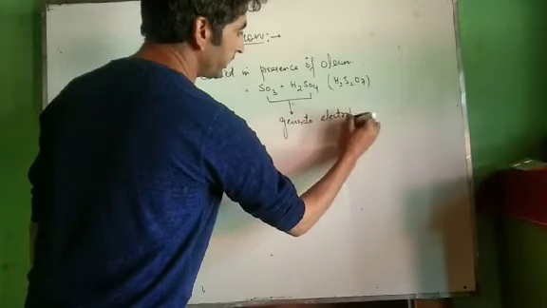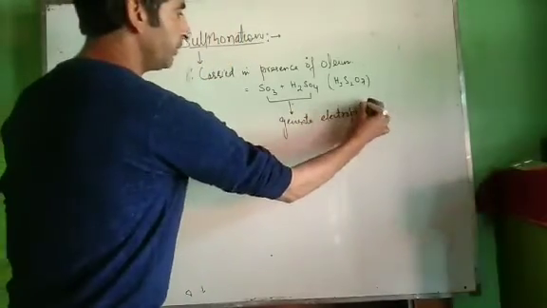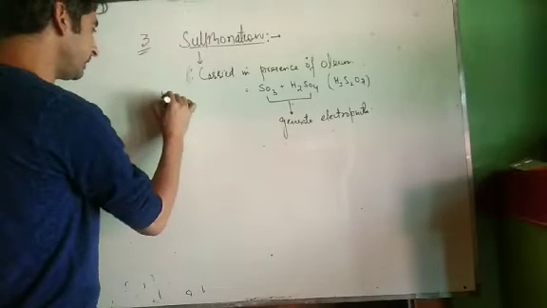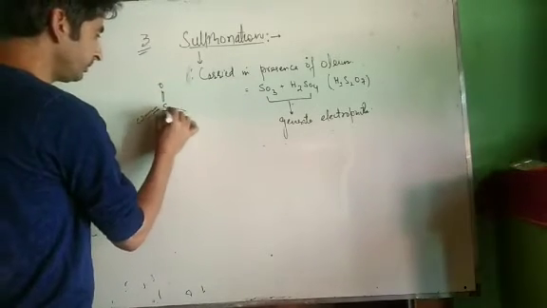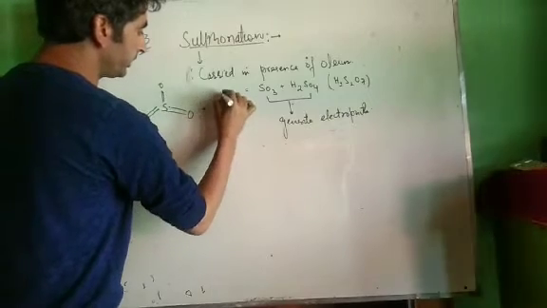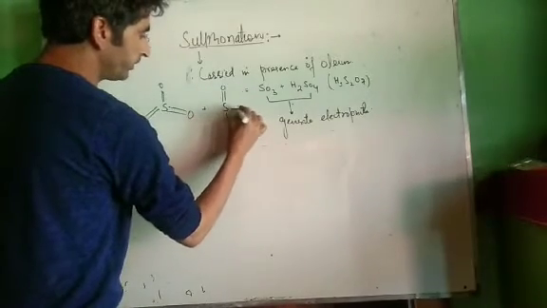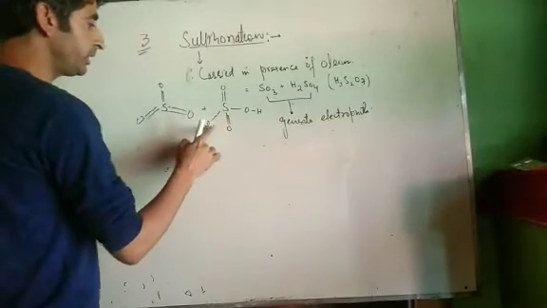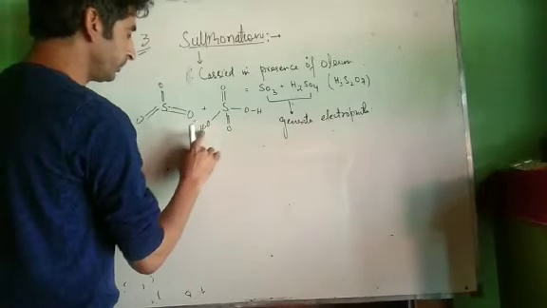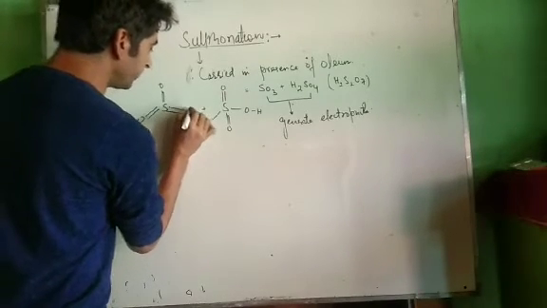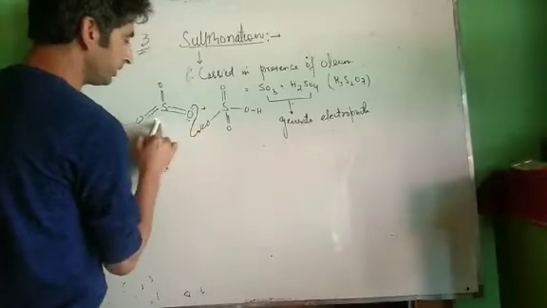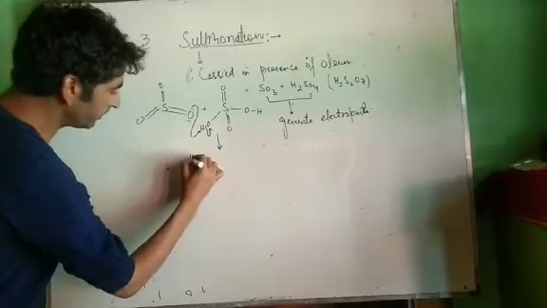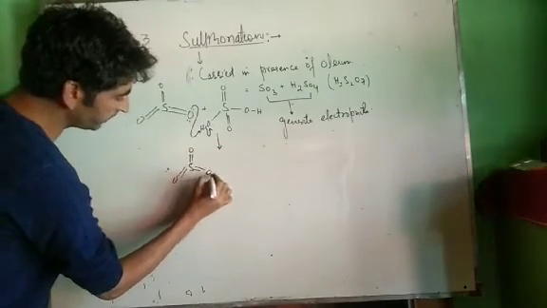Now let us first generate the electrophile. This is our SO3, S double bond O, double bond O, double bond O. We treat it with sulfuric acid, S double bond O, double bond O, single bond OH, single bond OH. Now see, sulfuric acid is acidic in nature. It has this ionizable proton. Now this ionizable proton is accepted by the lone pair of electrons of SO3 and this bond breaks towards this side. We get S double bond O, double bond O, double bond O and H.